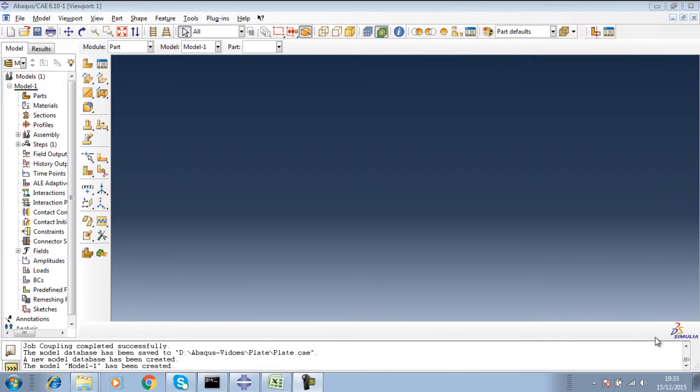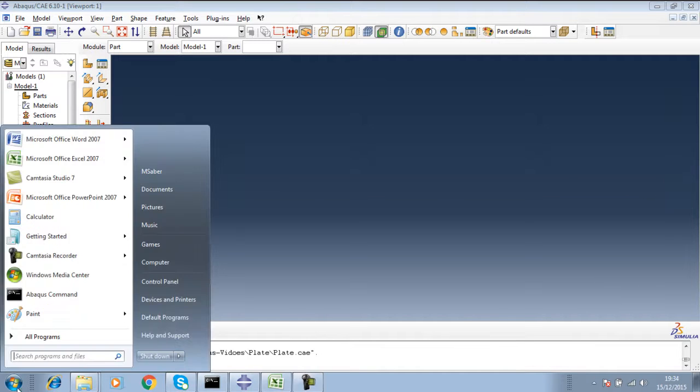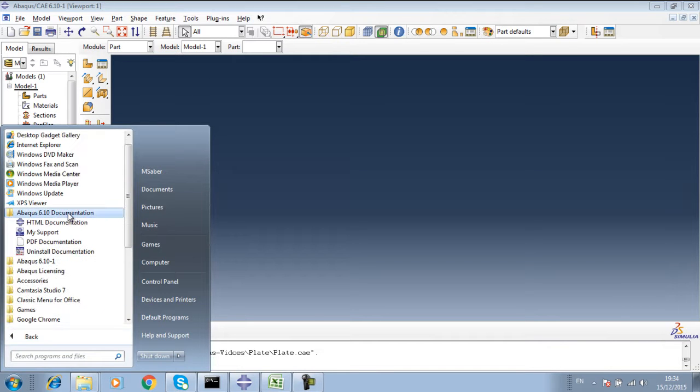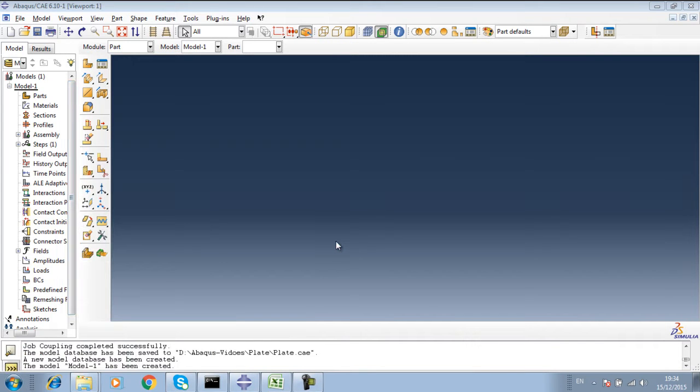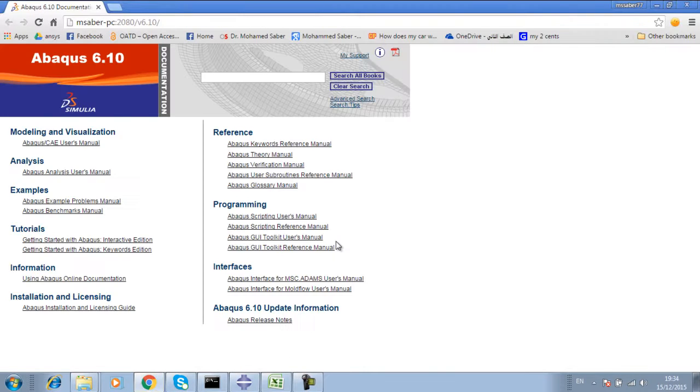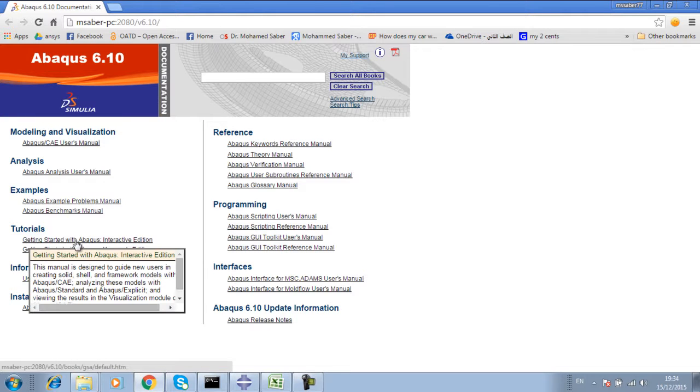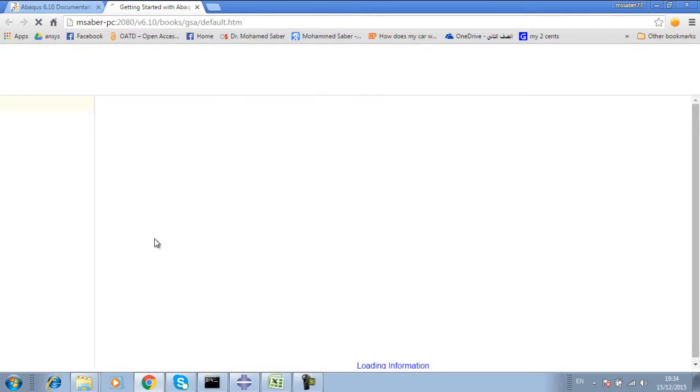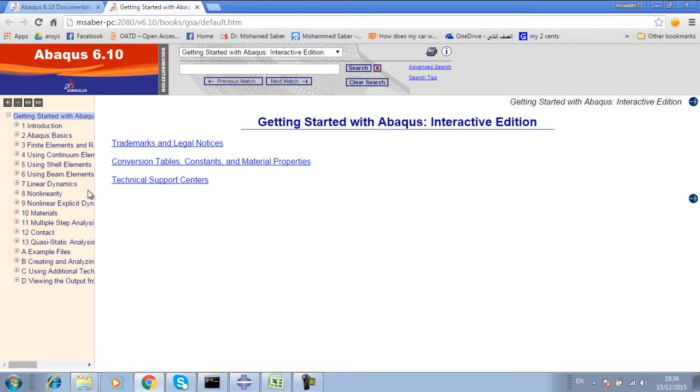Hi everybody. Today I'm going to show you how to model a 3D part and apply load, which is pressure in this case. The part actually is given in the Abaqus documentation. If you just click here, Abaqus documentation, and by the way, the Abaqus documentation is available online as well. So this is the documentation, and here is for tutorials. Getting started with Abaqus Interactive Edition, just click this one, and using